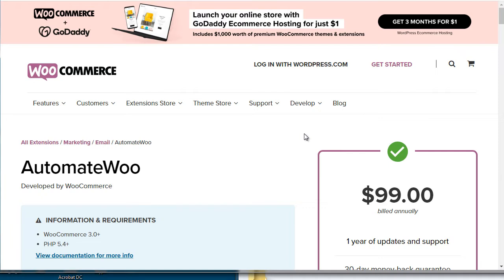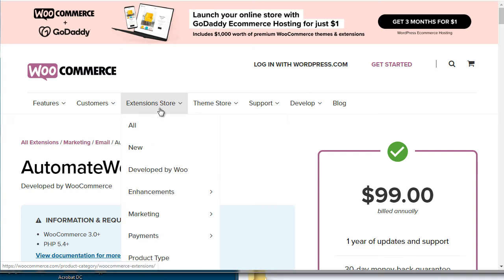If you're running an e-commerce shop utilizing WordPress, you're most likely going to be using WooCommerce simply because it is one of the best and it is leading, and it is actually run by the people who run WordPress. So the code is really good and it's always updated very, very frequently. So if you go to woocommerce.com,